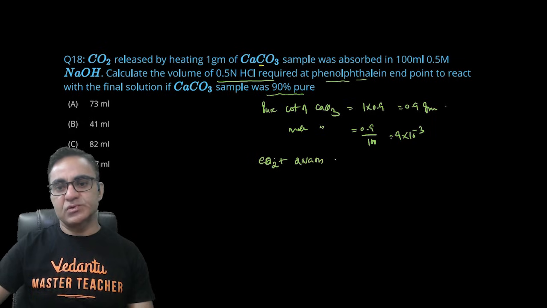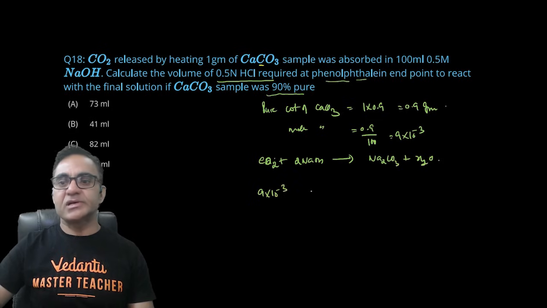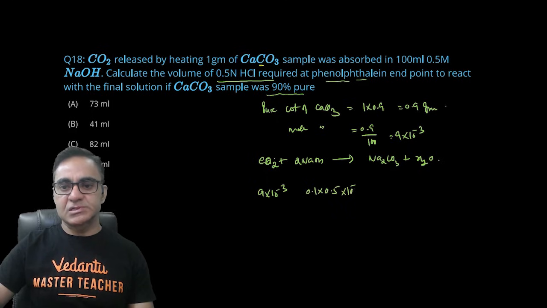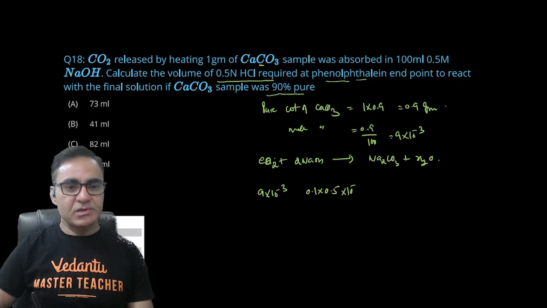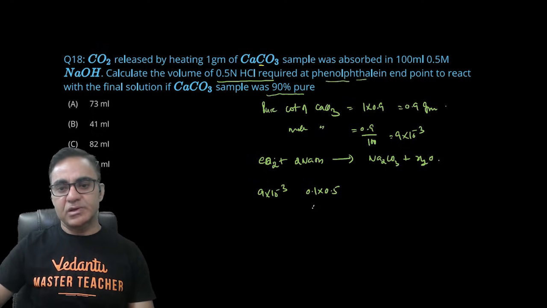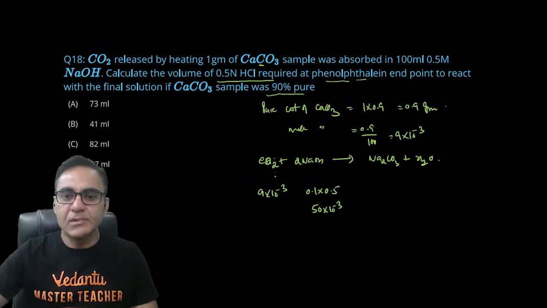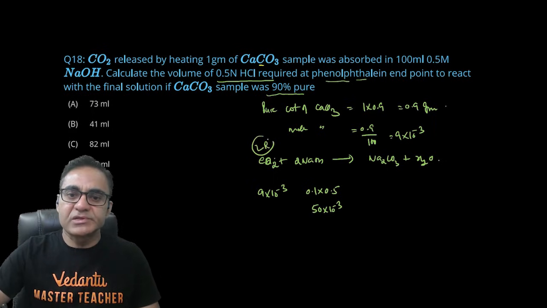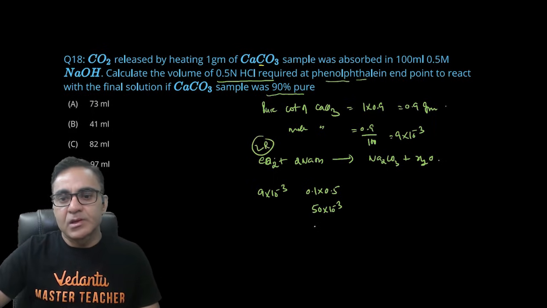कैल्शियम कार्बोनेट जब हीट करेंगे, आई मीन कार्बन डाइऑक्साइड का रिएक्शन जब NaOH से कराओगे तो कुछ ऐसी रिएक्शन होगी, इट विल फॉर्म Na2CO3 प्लस H2O, राइट। CO2 के हैं 9 इंटू 10⁻³ मोल एंड NaOH इज गिवन एज 100 इंटू 0.5, तो 0.1 इंटू 0.5, क्योंकि मैंने लीटर में कन्वर्ट कर लिया, बट इसको मैं थोड़ा सिमिलर फॉर्मेट में कन्वर्ट कर लेता हूँ, 50 इंटू 10⁻³। ओके, क्लियरली CO2 इज गोइंग टू बी लिमिटिंग रिएजेंट, पूरा कंज्यूम हो जाएगा यहाँ पे,